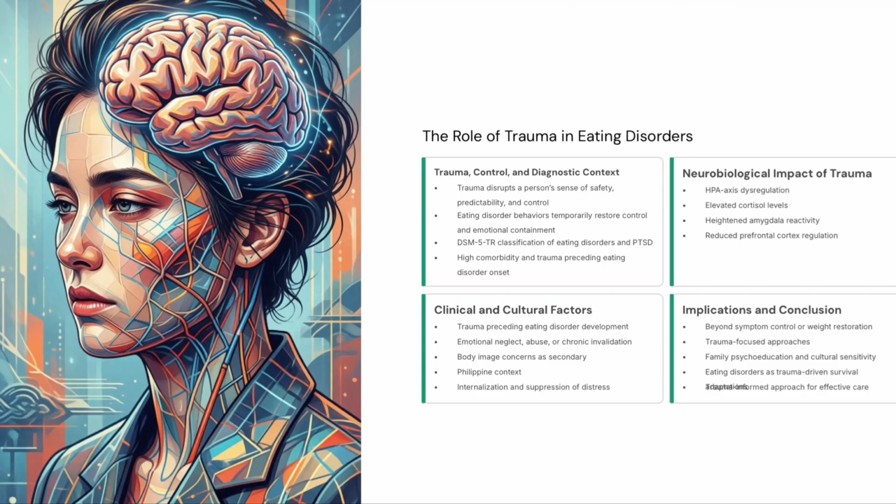For example, in the Philippine context, this pattern is often intensified by cultural values such as hiya, emotional restraint, and a strong family hierarchy. Mental health struggles are frequently minimized, and people are taught to endure stress quietly. As a result, emotions are suppressed instead of expressed. Over time, this internalization of distress, combined with the trauma-related brain changes, strengthens eating disorder behavior as a private way